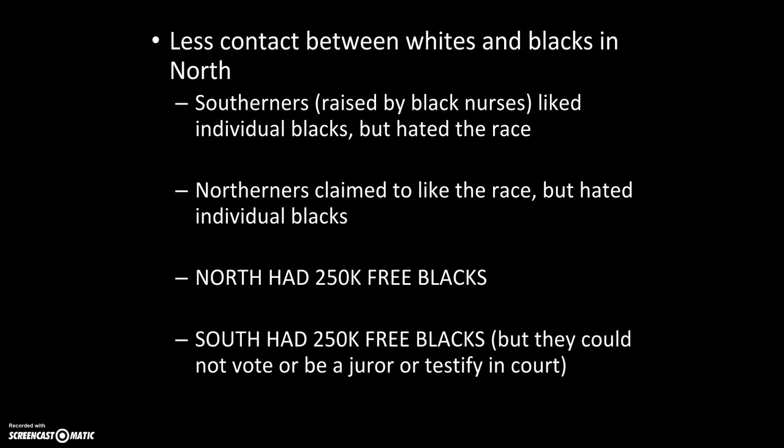And we see in the North, they're a little skeptical, like we had talked about before. They claim that they liked the race, but hated individual African Americans. And there are going to be major safe havens in the North, parts of the Underground Railroad. We talked about that the other day, how Rochester up in New York becomes the end of the line of the Underground Railroad, and because of that, there are going to be a lot of free African Americans in the North. So it says here we have about 200,000 free African Americans in the North.